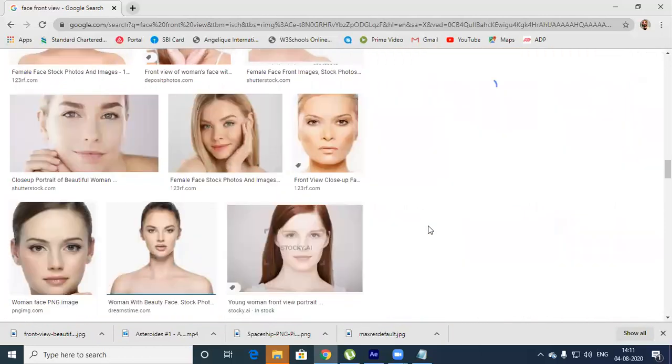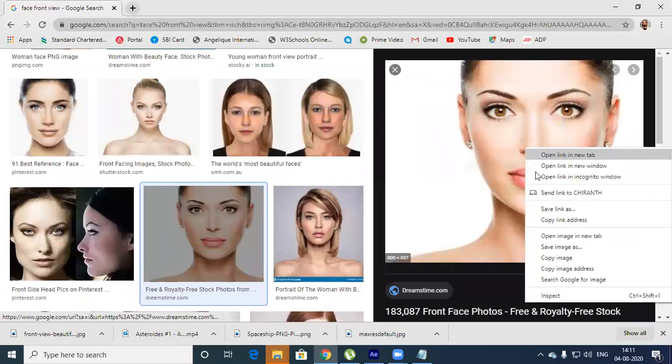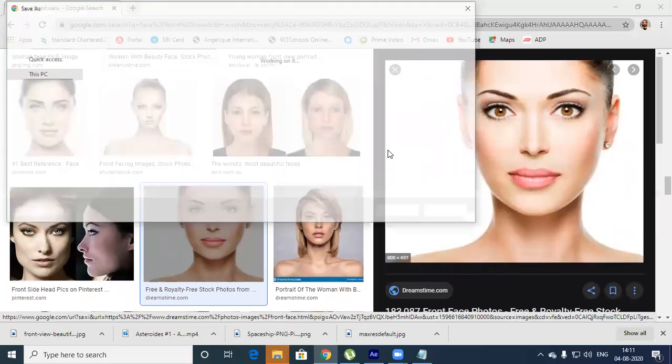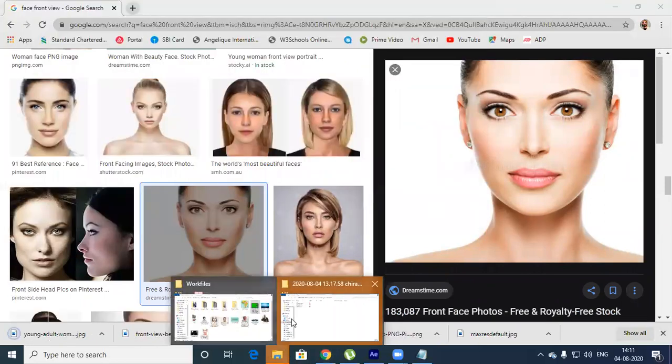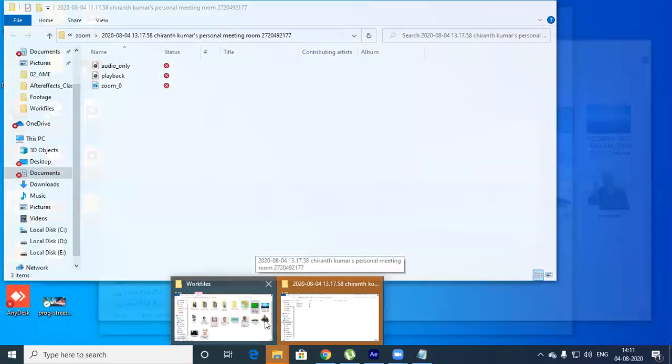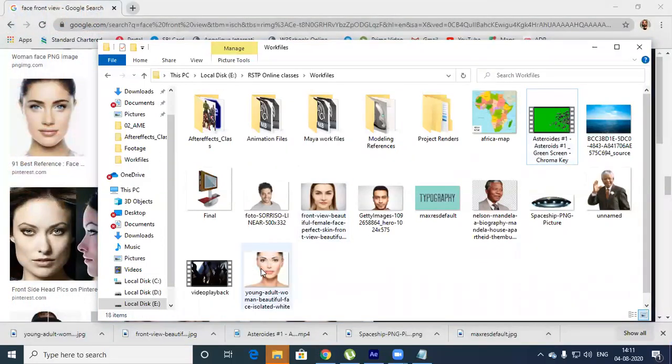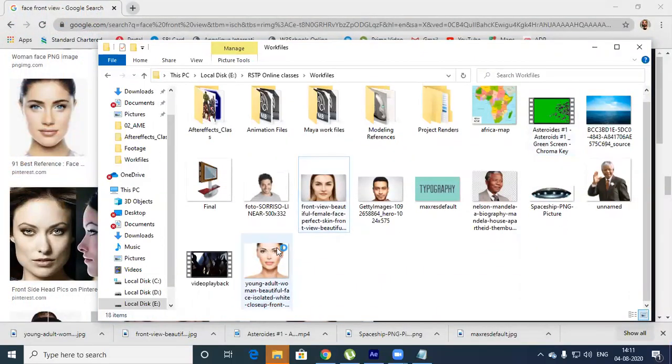Let me take another one, this one. So now what I'll do, I have these two images. I think this and this match. Yeah, this and this I'll take to After Effects.